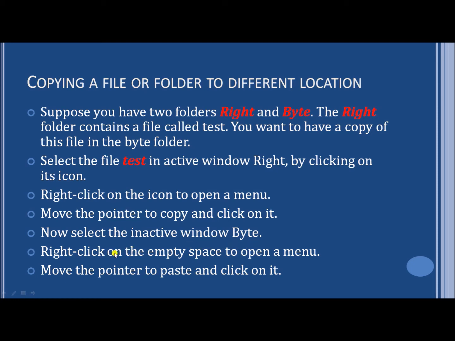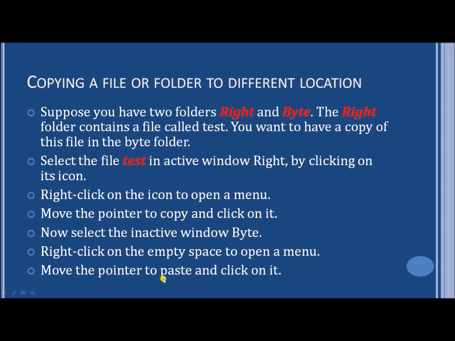when the byte folder is active, we will right click on the empty space in the byte folder. When we right click on it, a menu will appear, and from this menu we will have to click on Paste.